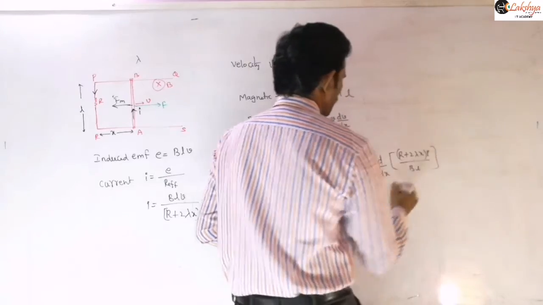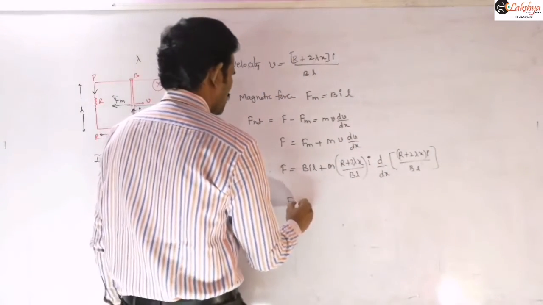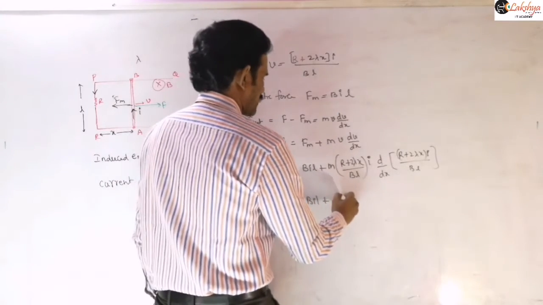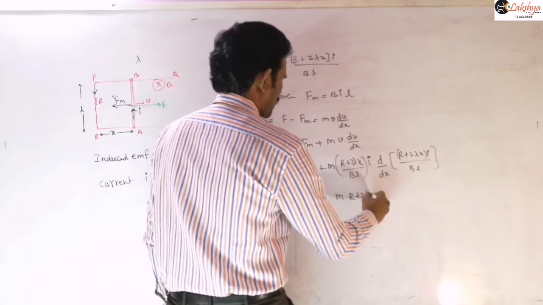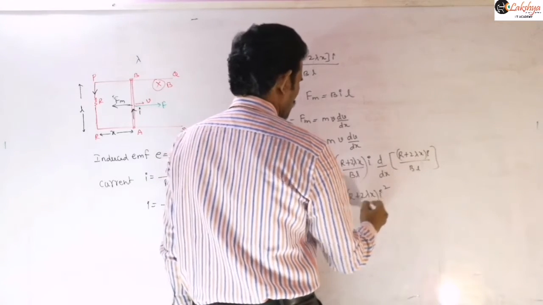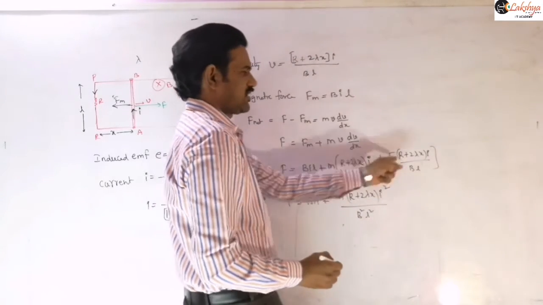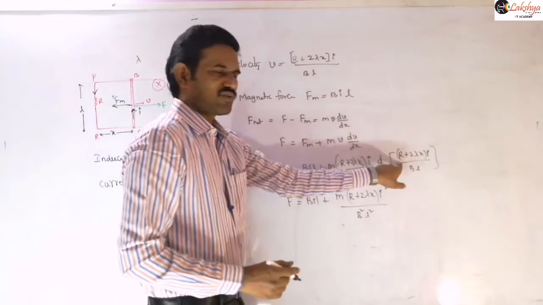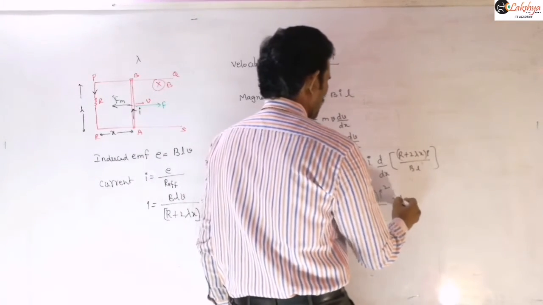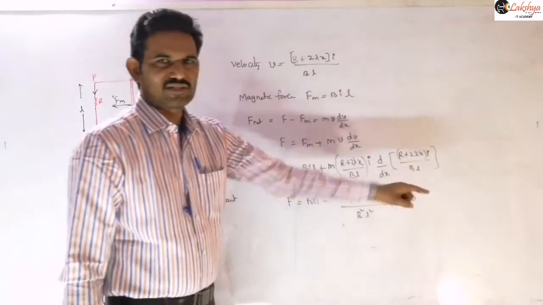Now we can write here. Is it clear? That V into dV by dx now I am writing there. And so that you will get the force expression here. So BIL plus, so M into R plus 2 lambda into X into I. So there I and BL also you can take outside here, and therefore I square into B square into L square. Now we can write here. The differentiation of this means lambda into R differentiation is 0, because R is a constant value. So 2 lambda X. So I can write this as 2x into, again the dx by dt is nothing but velocity. Now we can write here the dx by dt value.